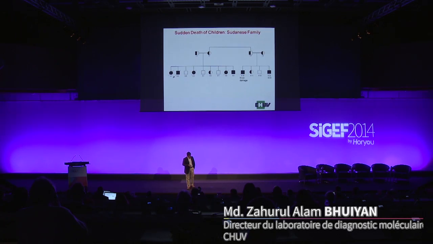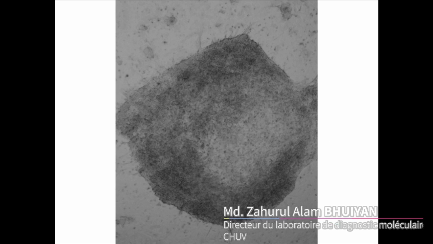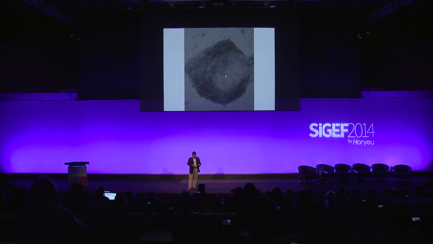And then I will show you another one. This is a family that came to me several years ago. There were lots of sudden deaths in this family, from Sudan, you can see that a lot of sudden deaths. Eventually we found the gene. So now we screen the whole tribe, because in Saudi, in that place, there are a lot of intertribal marriages. So we know who is a carrier and who is not. In that case, we can say, okay, please take this medication, and we can prevent the sudden death.